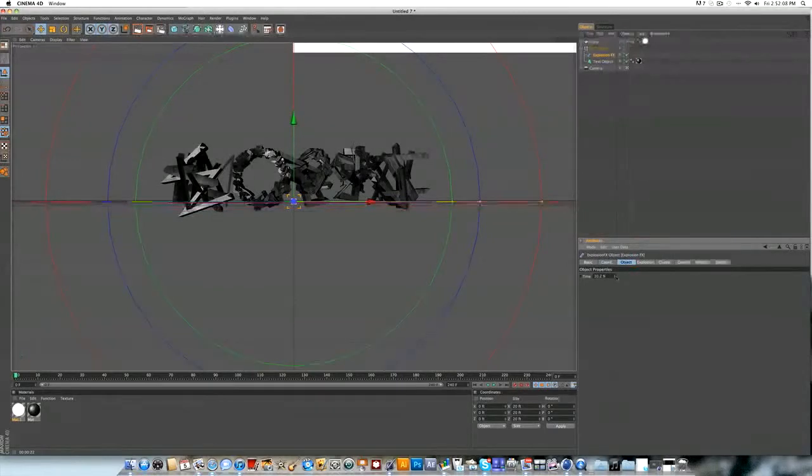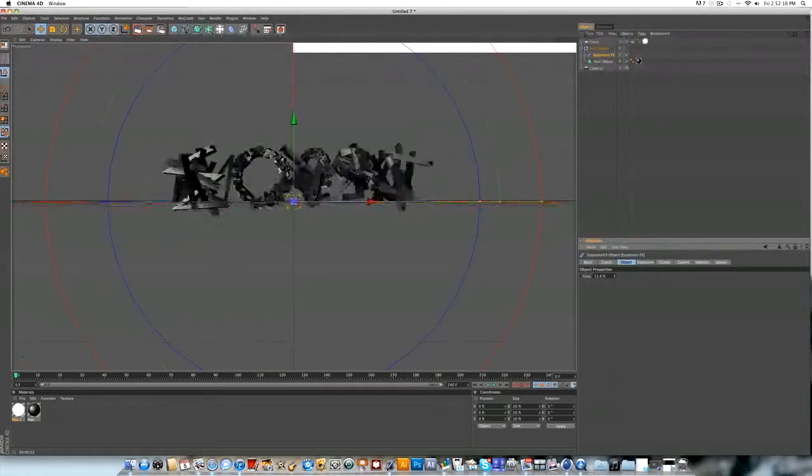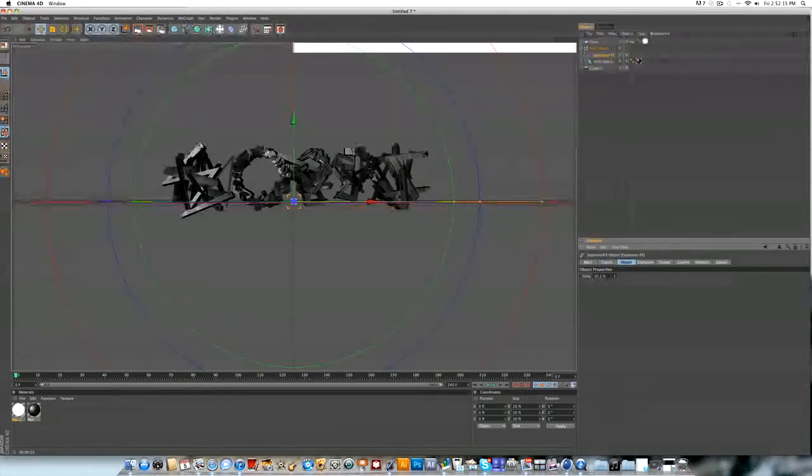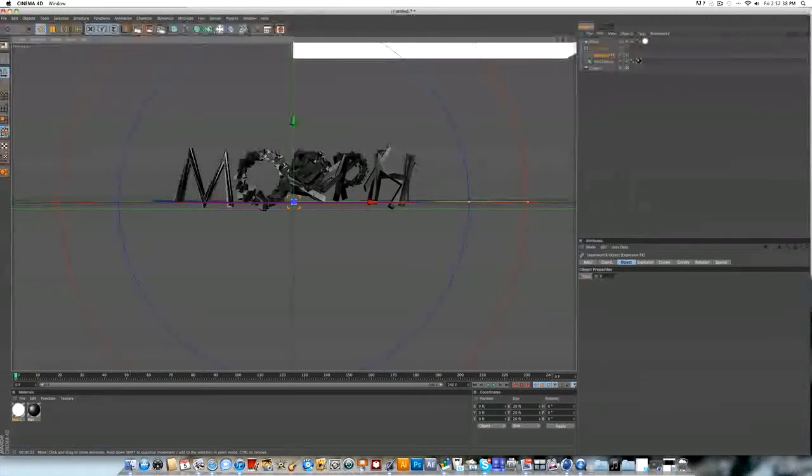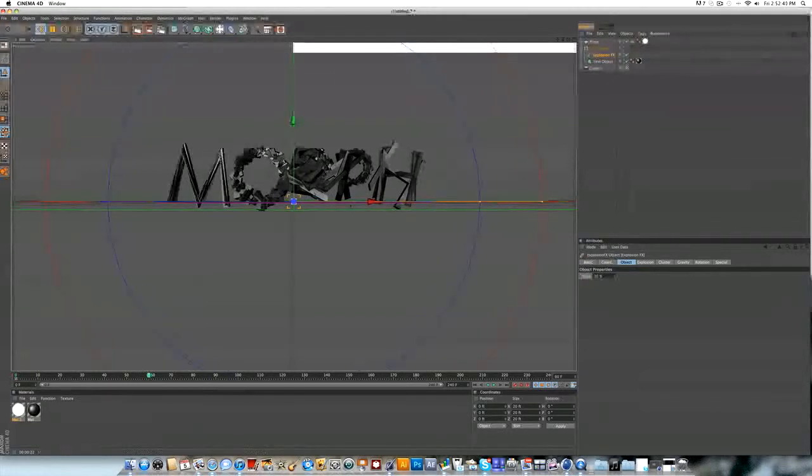So yeah, we're going to want to animate the time, and you can see what that does. So we're going to start at frame 0 and type in 30% for the time, and control click on that little dot so it turns red, and that's going to put a keyframe at frame 0. It's just going to say that at frame 0 we want this to be 30%. Then we are going to go down to frame 60. I'm going to type in 25%,